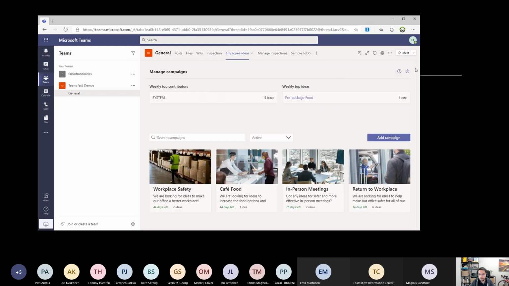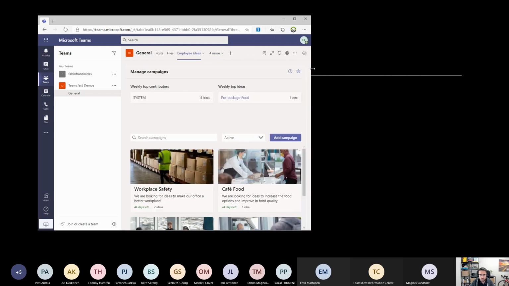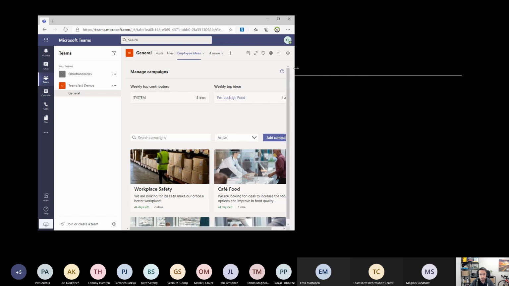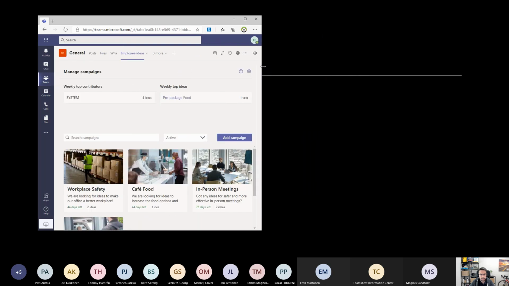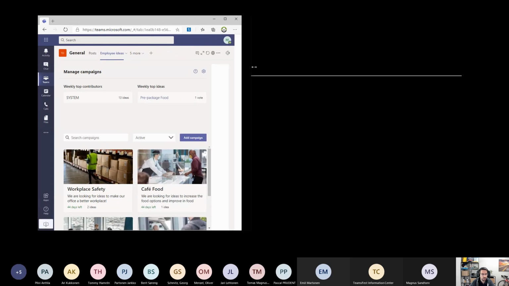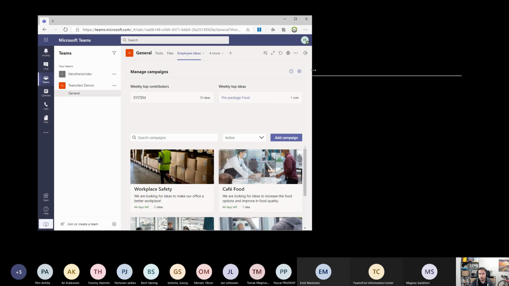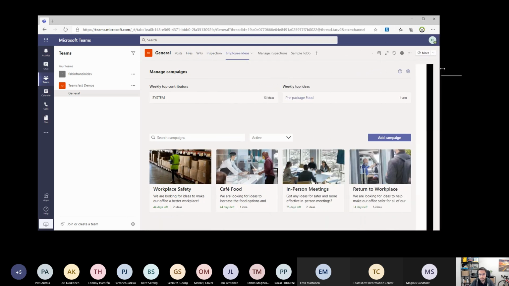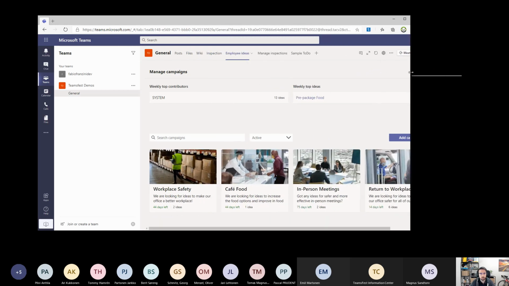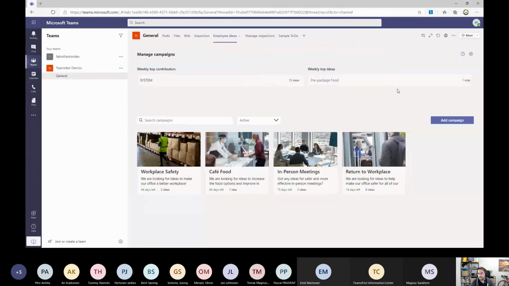I want to try it with employee ideas. Okay, here it's working. You see that all the controls inside are responsive. So it's not easy to create an application in a quick time that rearranges controls like this, but you are able to do that. It's very interesting because you know that the Canvas app was born with a non-responsive UI.